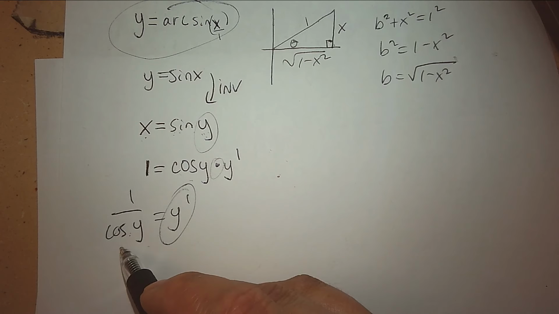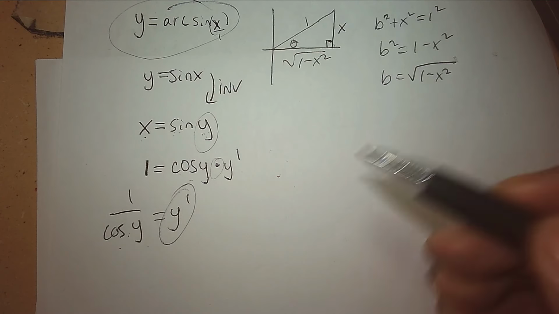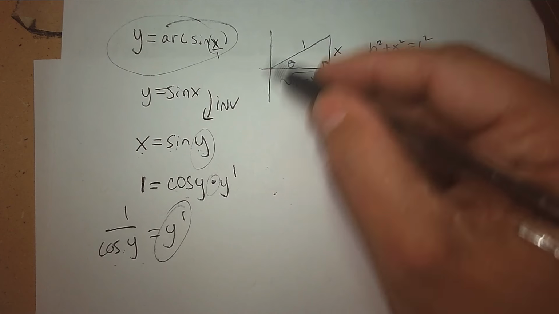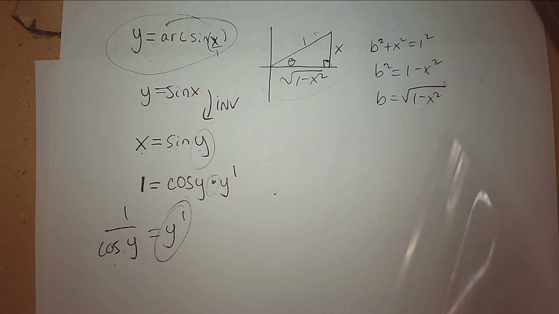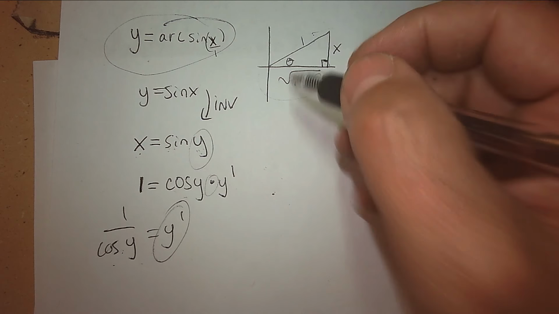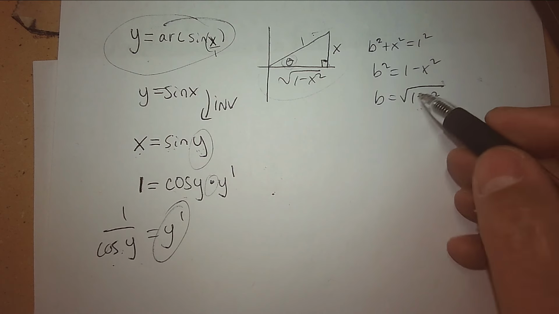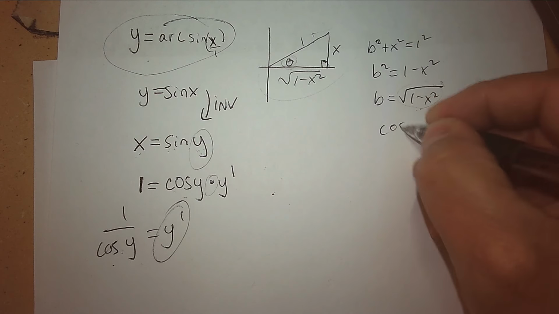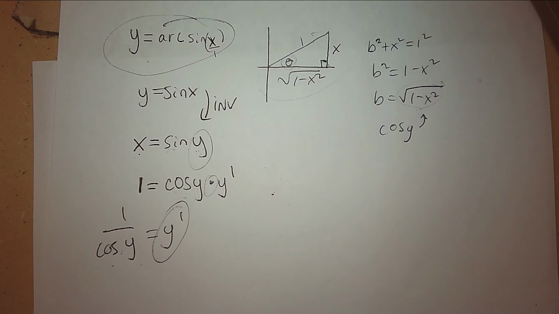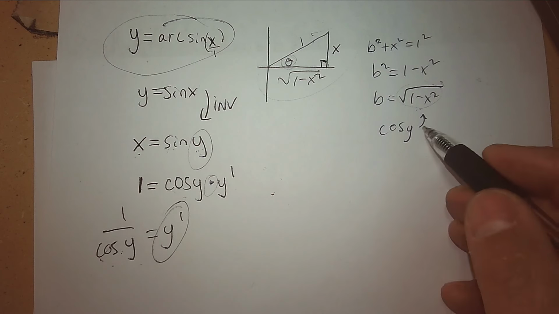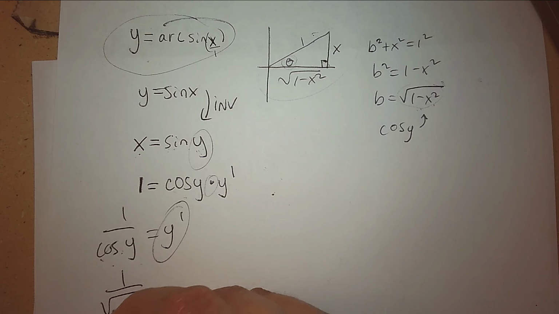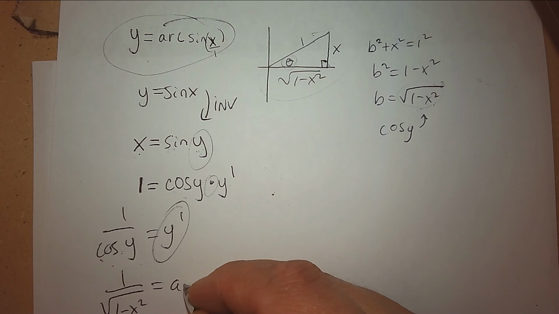And then cosine y, what does that equal? Well, we go back to this triangle and say, oh, what did cosine y equal? We did that one over here. Cosine y is adjacent over hypotenuse. That is that answer right there. That's what cosine y equaled when we did the triangle. Adjacent over hypotenuse. So where there's cosine y, I put in the square root of 1 minus x squared, and that's where you get the definition